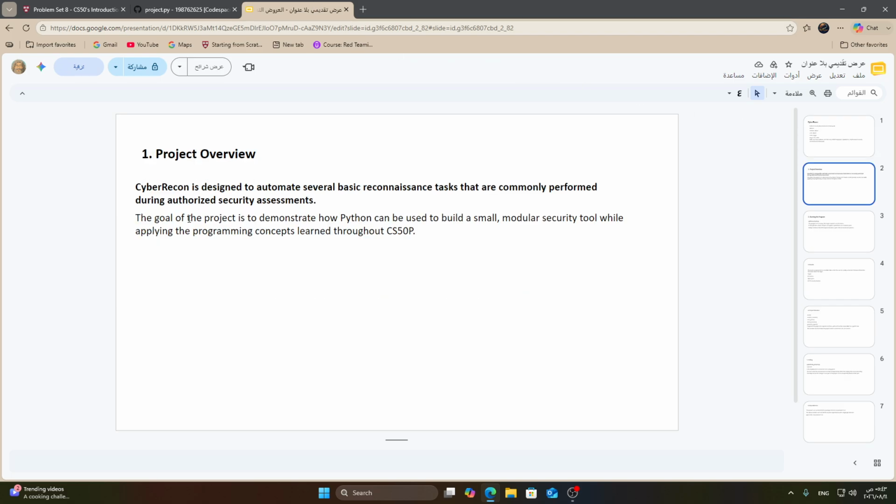Project overview. CyberRecon is designed to automate several basic reconnaissance tasks that are commonly performed during authorized security assessment. The goal of the project is to demonstrate how Python can be used to build a small modular security tool while applying the programming concepts